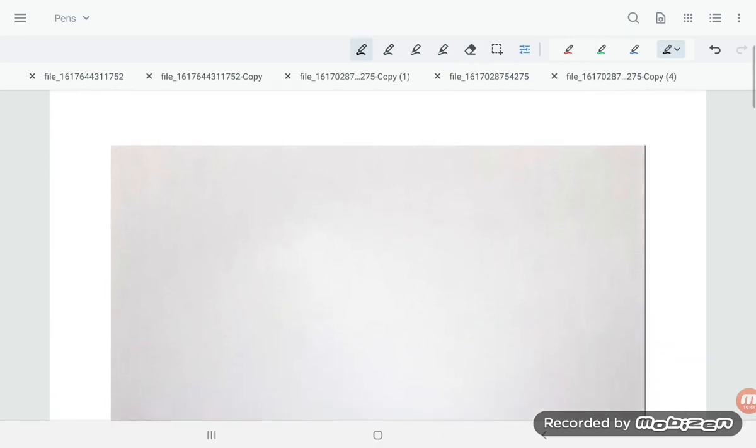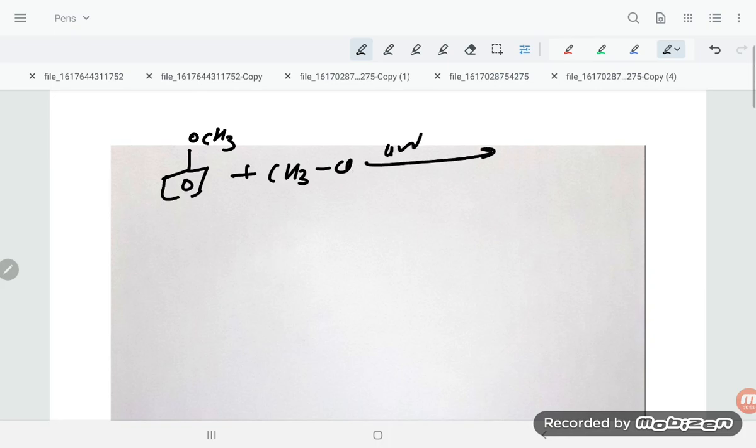Okay, let us have a look, students, something went wrong. If you are treating with the Friedel-Crafts reaction, here OCH3 is there, plus CH3Cl, and you have to take the catalyst anhydrous AlCl3. What you are going to get, student, is that the anisole will be as it is, and downside it will be the CH3 group.